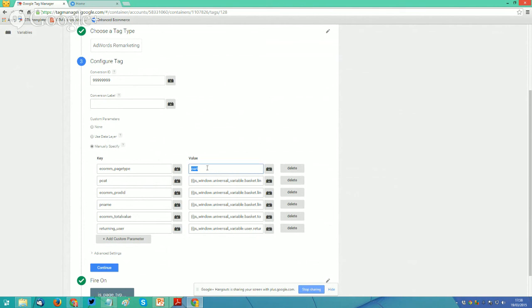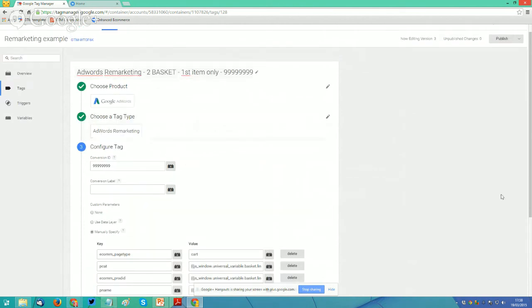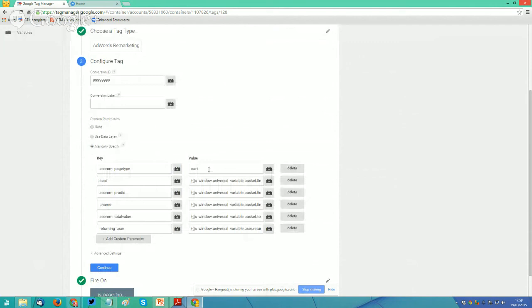So it's able to set it to the relevant page type. Oh, sorry, this one's on page type of cart. My mistake, which it would be cart page. So the thing I've done on the other ones, this is basically using a data layer method of configuring it. So I'm forcing the page type value of cart.